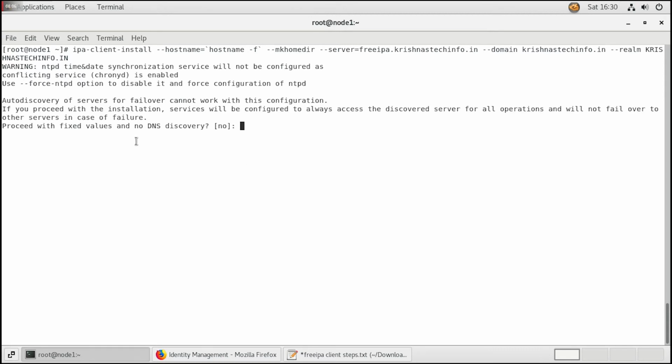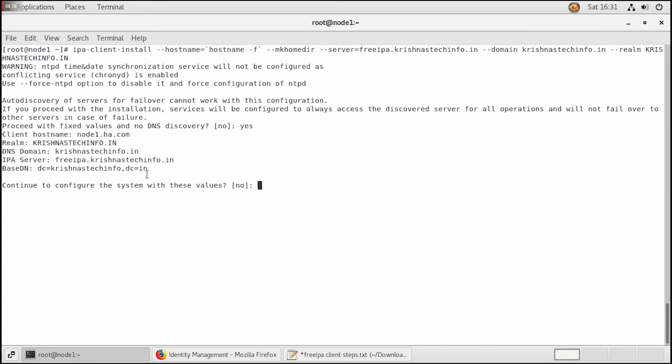So you can see the auto discovery of server. Now it is asking to proceed with the fixed values and no DNS discovery, so give yes. And you can see it is asking to continue to configure the system with these values. Now give yes.